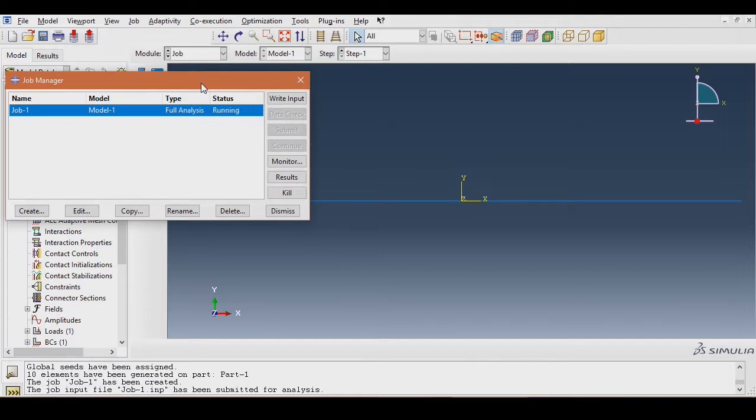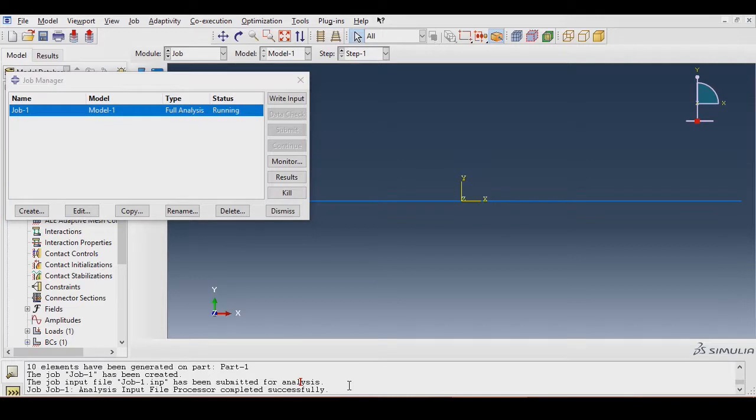So you have to wait for the completion of analysis. Right now Abaqus is running the analysis. Once the analysis is completed, you can click the results button in the job manager to switch to the visualization module where you can view the results.